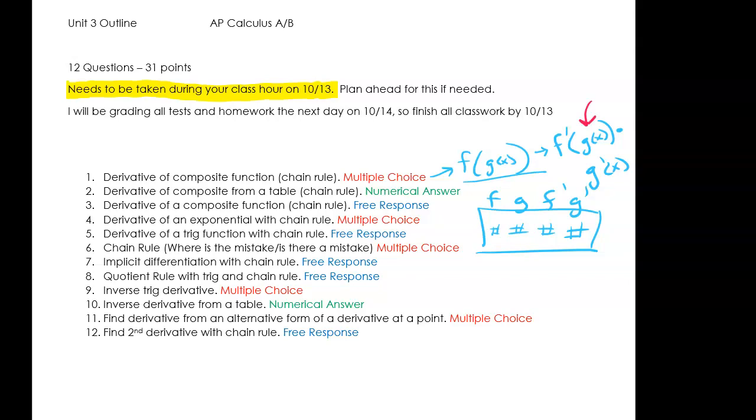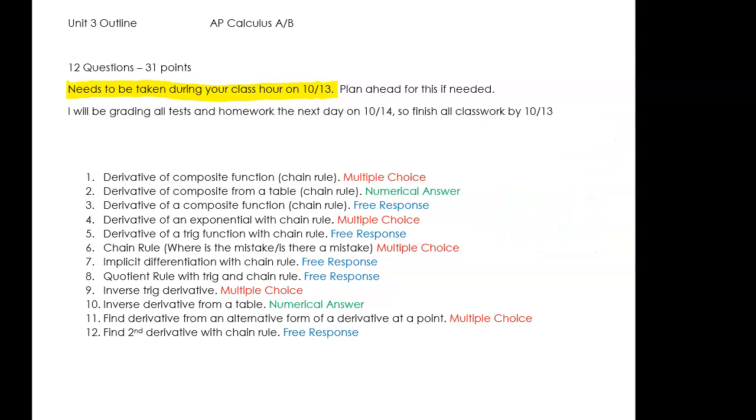So, like, figure out g of 2. Answer would be right there. And then whatever that answer is, you're going to have to do f prime of that number times g prime of whatever. You're going to have to be able to use this table to fill out these answers. That's what question 2 is. Question 3 is just a normal question, so it's free response. So question 3, let me just make one up. We'll do it together.